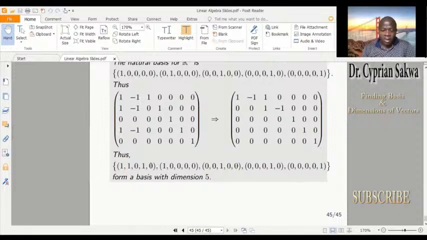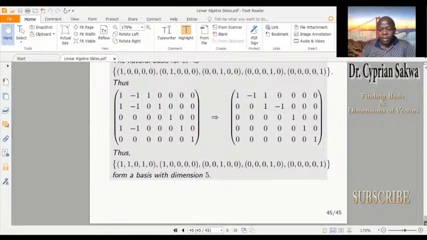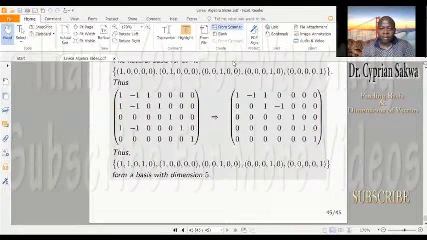And how many are they? 1, 2, 3, 4, 5 elements. And so the dimension of this basis is 5. And that is how we've determined the basis of a vector space and the dimension. Remember that the dimension will be the number of elements